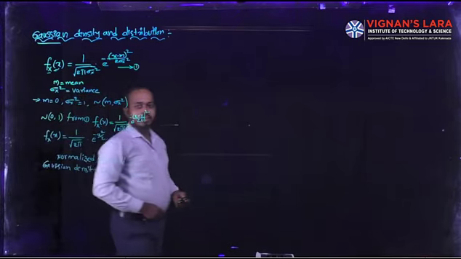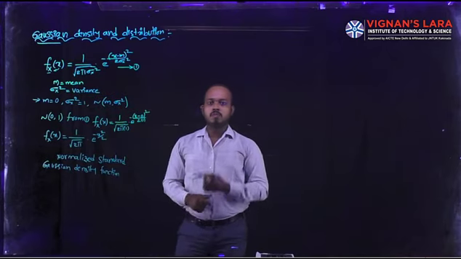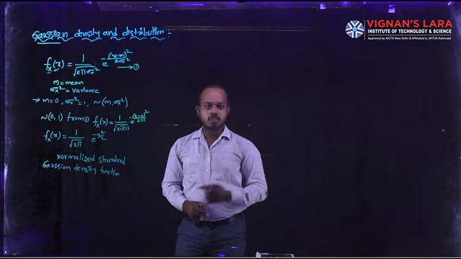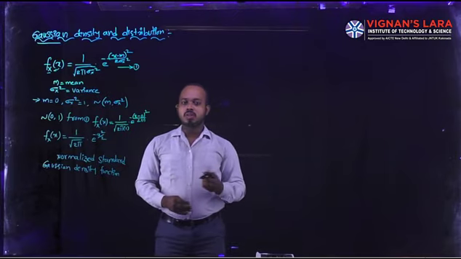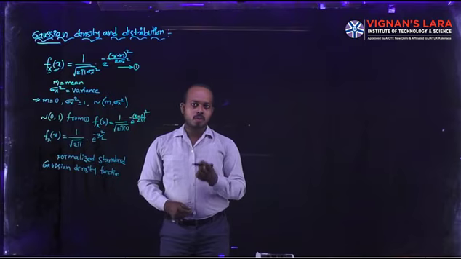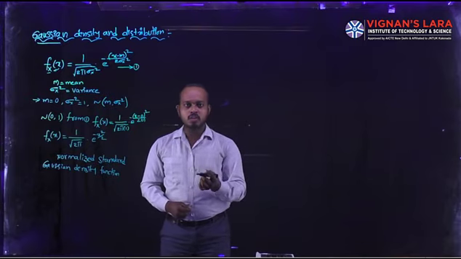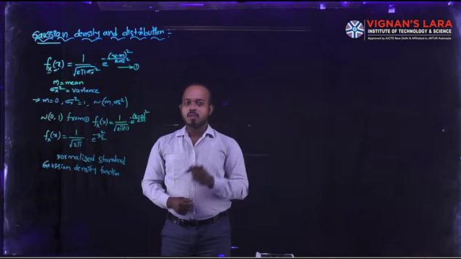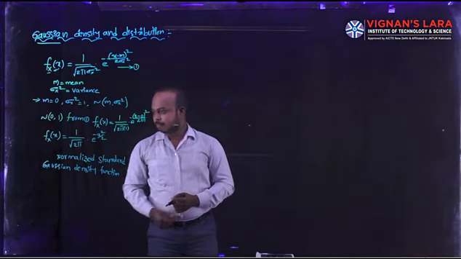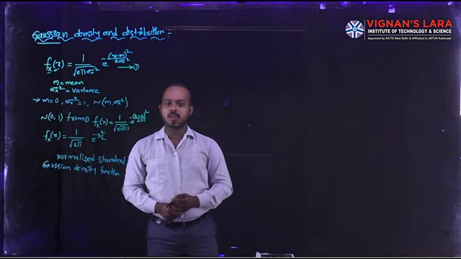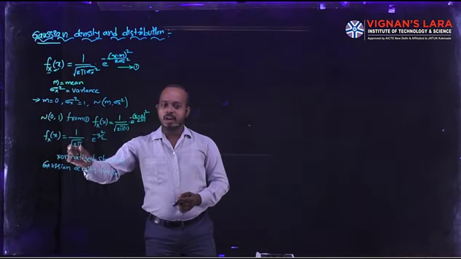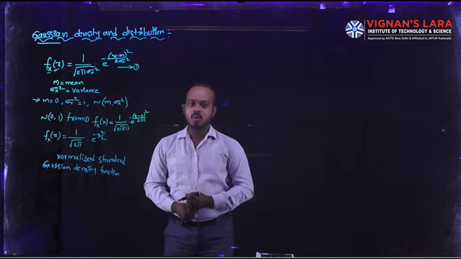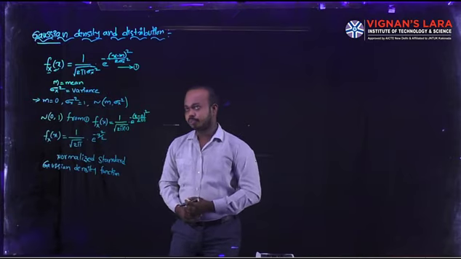Now we need to find the maximum value of a Gaussian density function. To do this, we must have the basic idea from mathematics. In order to find the maximum value of any function, we must differentiate that function with respect to its variable and equate it to 0. Here the variable is x.